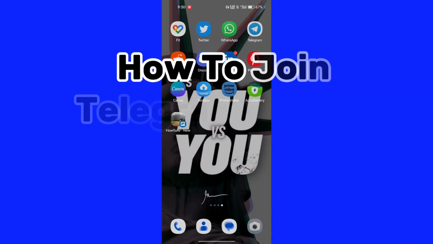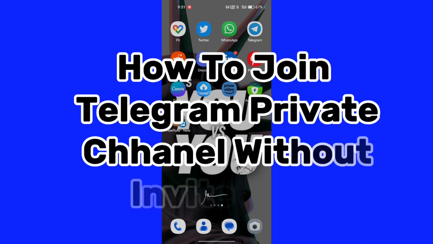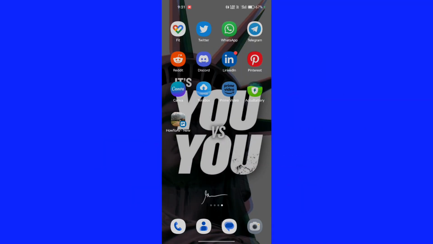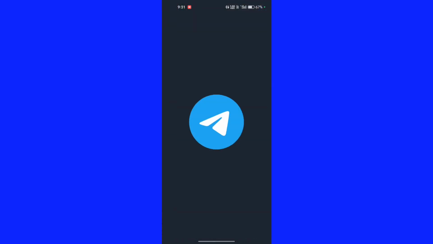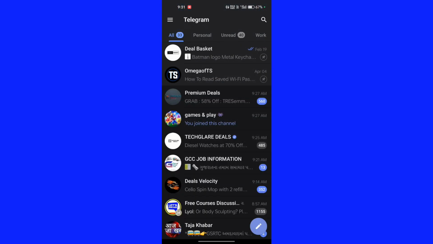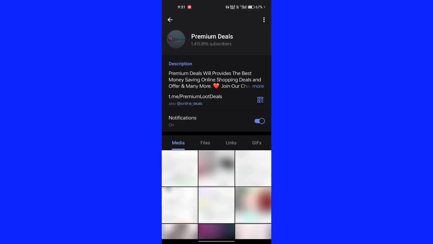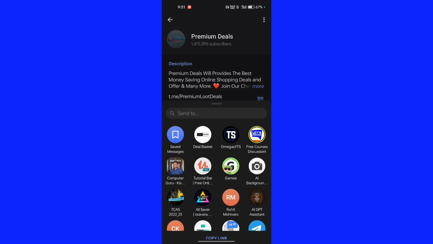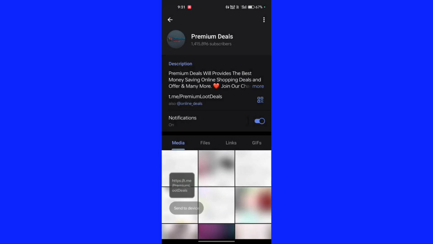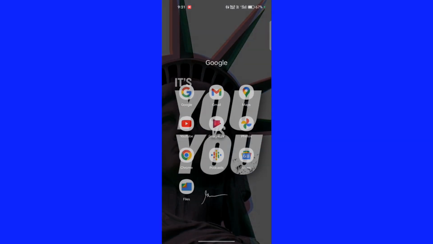To join a Telegram private channel without an invite link. First of all, open the Telegram app. Now go to any channel and copy the link, and now go to Google